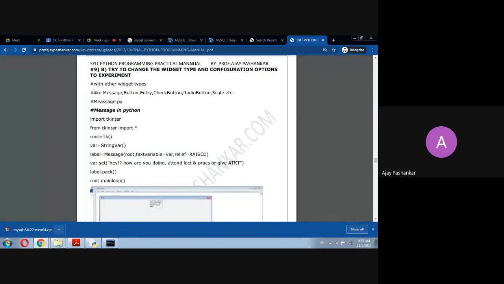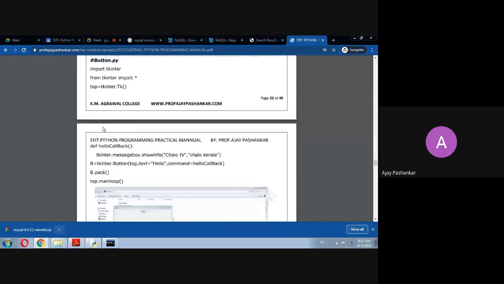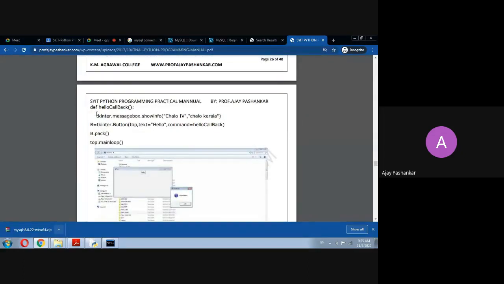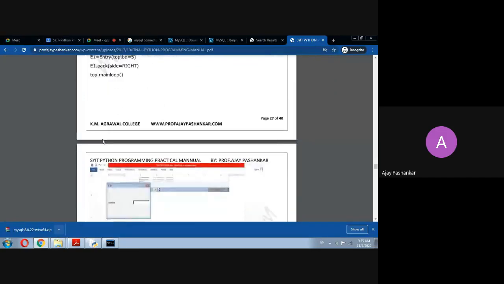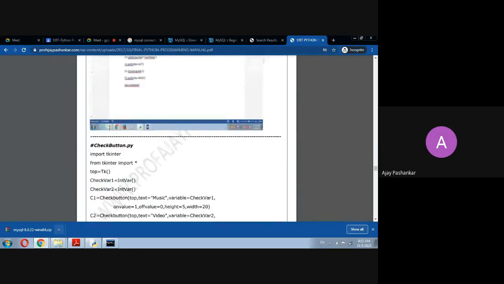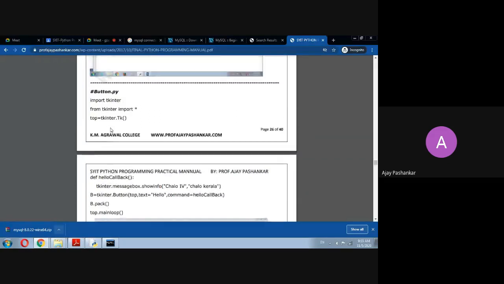some students have messaged me 2 to 3 days before that some errors are there in their program. So we will try to sort out that error during our practical. Don't worry. Now, remember this thing.